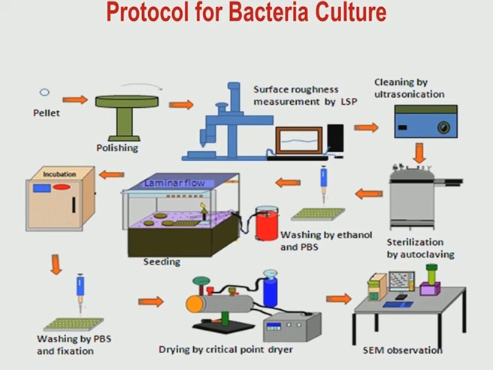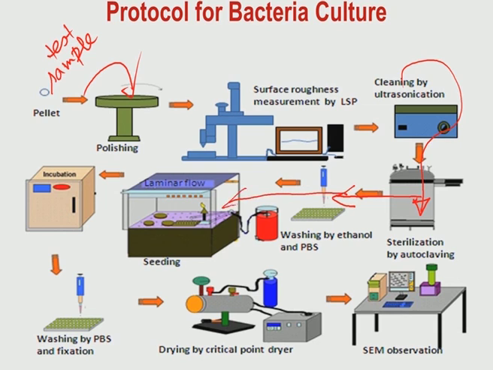Now, this is a snapshot of how the entire protocol of bacteria culture, in the context of investigation with biomaterials, is followed at the lab scale. So, for any test sample or material, what we call a pellet, you do polishing, after that ultrasonication, and then sterilization. Then after sterilization you do several stages of washing with ethanol and phosphate buffer saline. Then you seed the bacteria